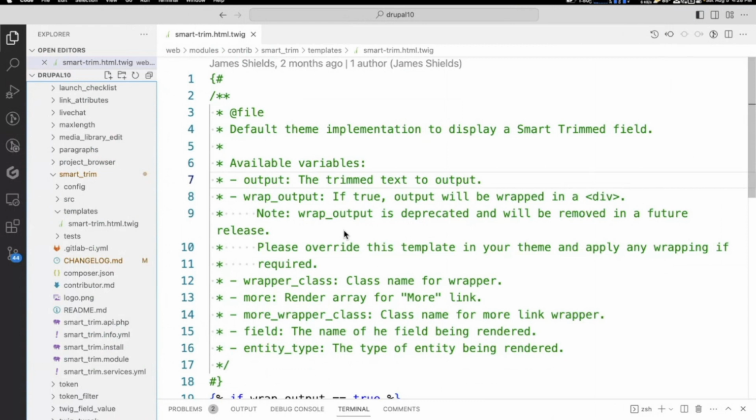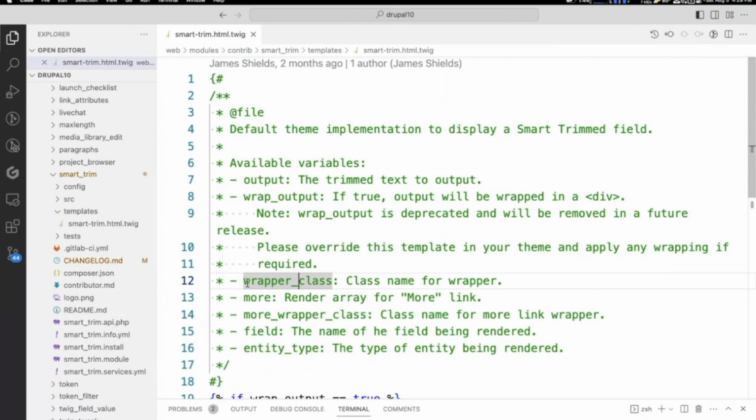We've documented it so that we have the output, the actual trim text. We have a wrap output. If true, it'll be wrapped into a div, which we're getting rid of because it's silly. We're going to wrap it in a div in the template file if we're going to wrap it in a div. So whatever. We have a special class in the settings, which we can set ourselves now in the template file. So that's going to go away.